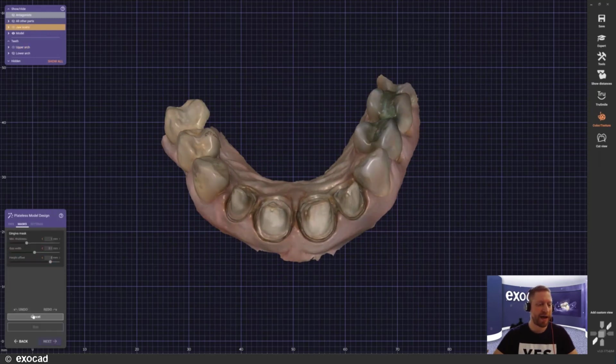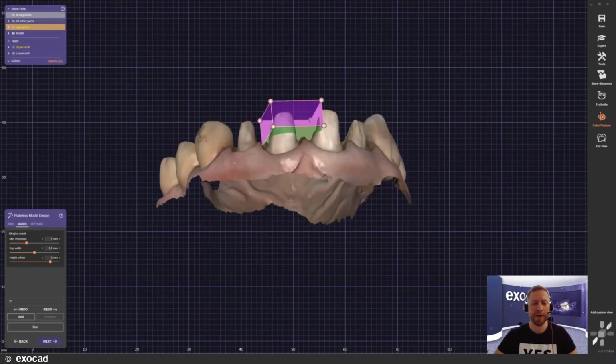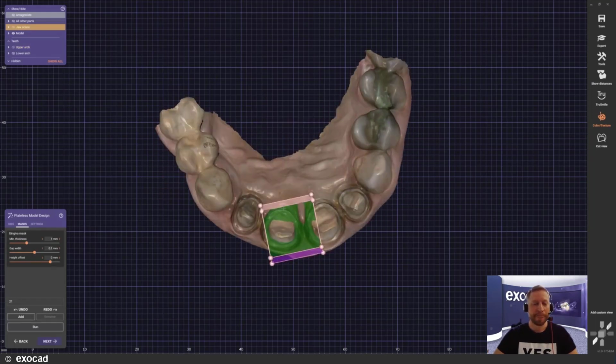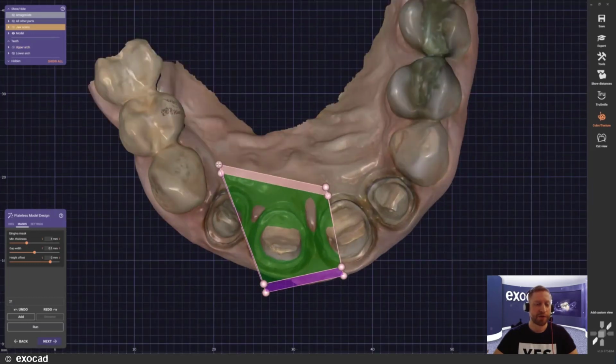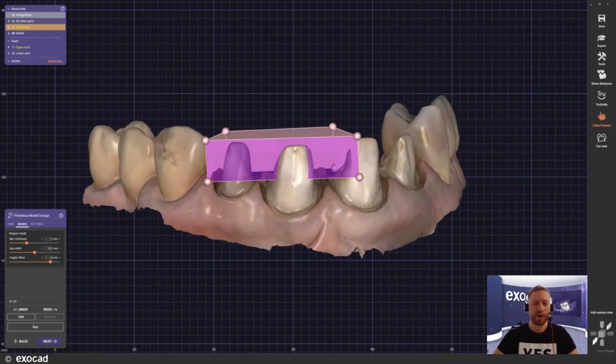I just click on Add again, and now it's different because I don't just draw my outlining of the gingiva mask here. No, I just click once on the model. I get this little cube here. It looks very nice for me. And now I can start bringing it into position. And for that, I just grab one of those control balls and I bring it into position as I want to. Here I have the option to actually move this cube around as I want to.